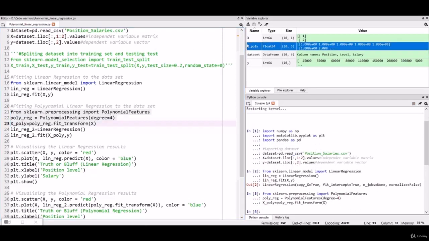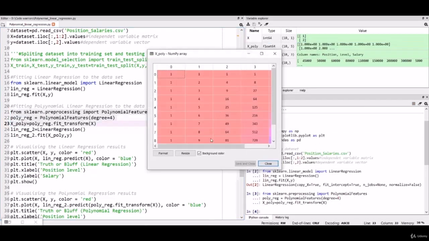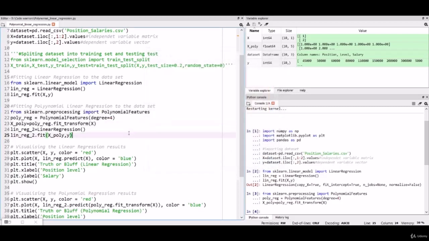Now, as you can see, it consists of the 4 rows. The first is the original, the second is the power of 2, the third is power of 3, and the fourth is power of 4, and the fifth column is the column of constant c. So now after that, for building the polynomial model, we need the regression model class only, but instead of passing